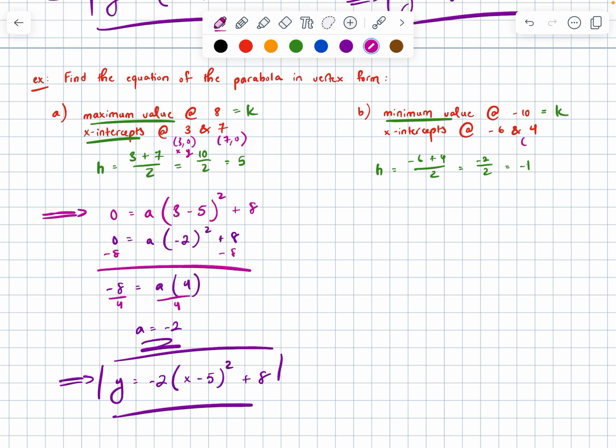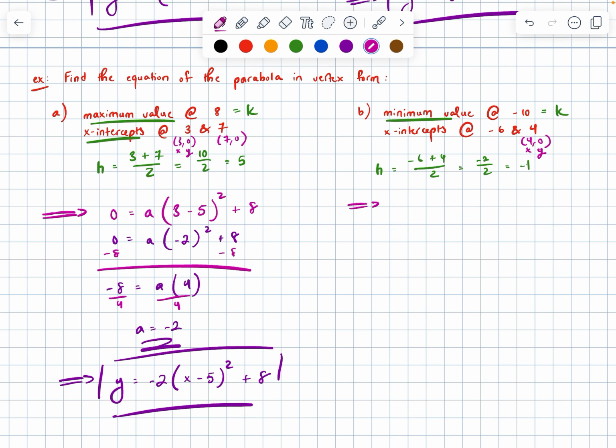Same thing over here. I'm just going to pick one of these x-intercepts. Let's take the 4, 0 to use as my x, y. Slotting everything into place, that means that 0 for y should be equal to a, the thing I need to solve for, times the quantity 4 for x, minus h, which is negative 1, quantity squared, plus k, which is negative 10. Simplifying on the right-hand side, I've got 0 is equal to a times the quantity 4 minus negative 1, which is positive 5 squared, plus negative 10, let me rewrite as